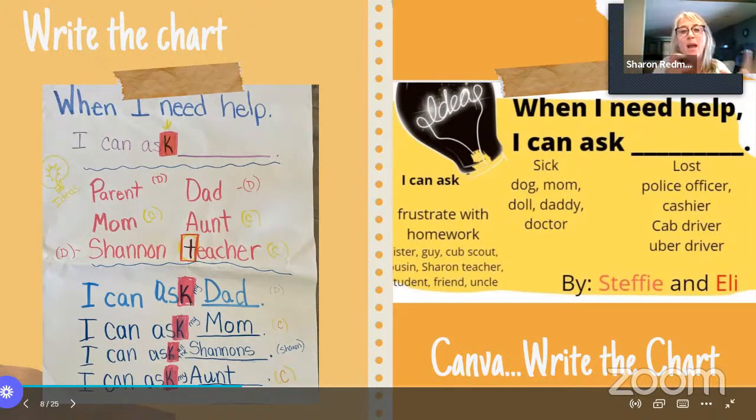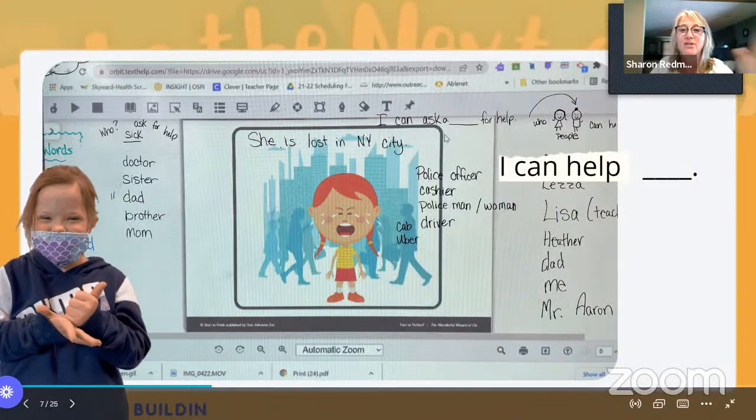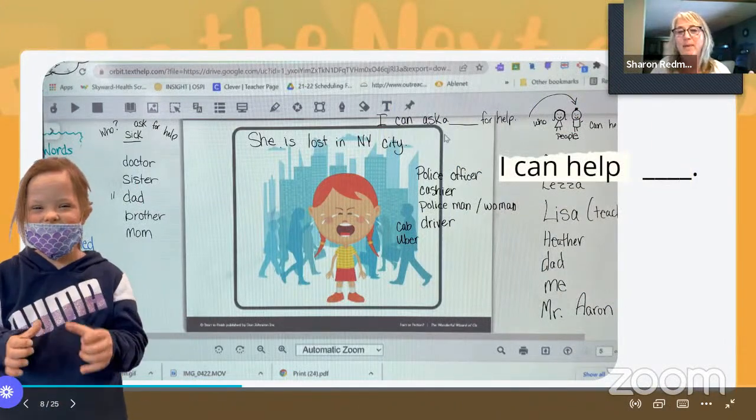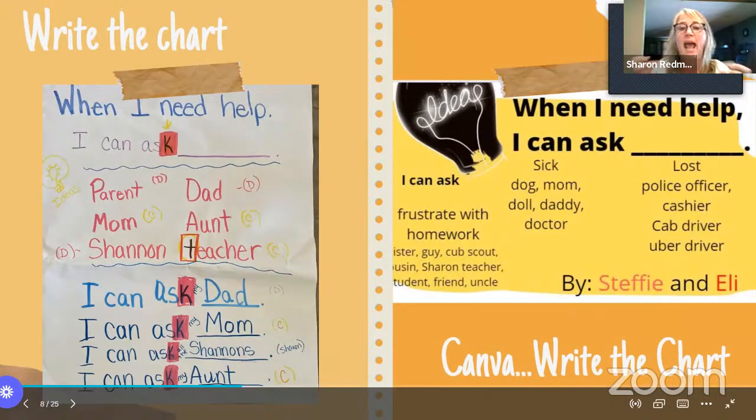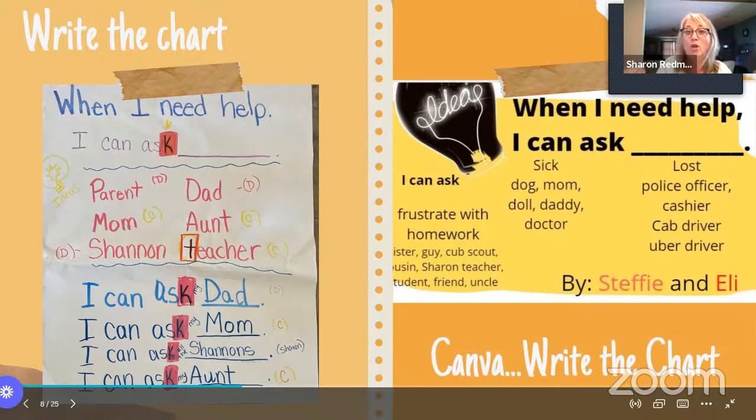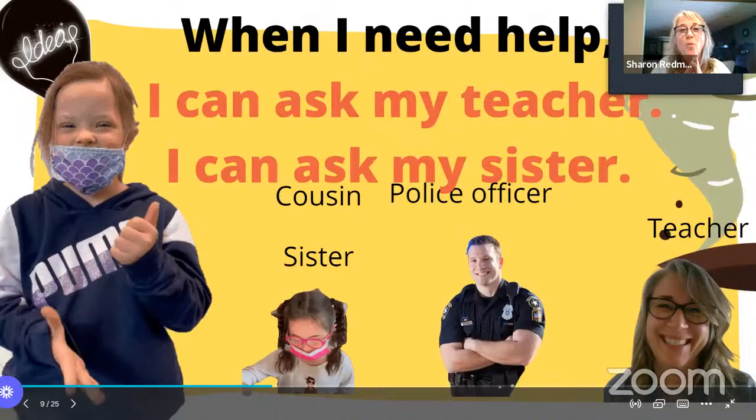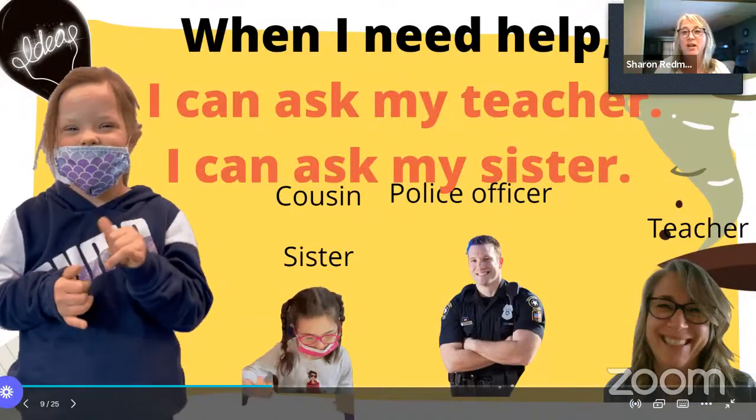And then I brought in their ideas and their words that we had from this previous slide. So I grabbed these, brought them in, and added them here. So we have now our chart, our ideas that we have done. And so we now are going to go and, with this chart, each kiddo then gets to